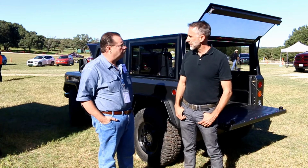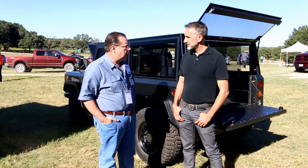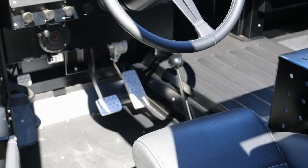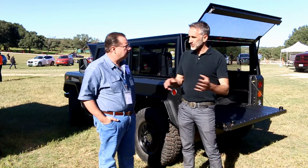So is this the equivalent of a four-wheel drive with the two motors, electric motors? Yeah, correct. Except it's all-wheel drive all the time. And then we have high and low range, which is a great feature for it being electric. And then you can also lock the diffs. You can disconnect the sway bar, so you can go crazy with it off-road, but it'll also be totally...